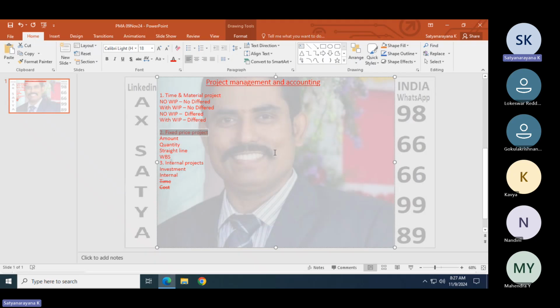For the ground floor it is 25 lakhs, and the first floor is 20 lakhs. Why is the first floor 20 lakhs? The reason is that for the ground floor, pillars are also required. So the construction company initially charges 25 lakhs for the ground floor and 20 lakhs for the first floor.